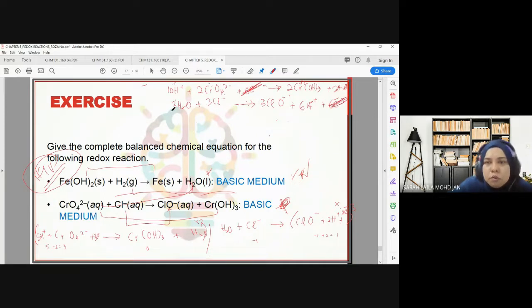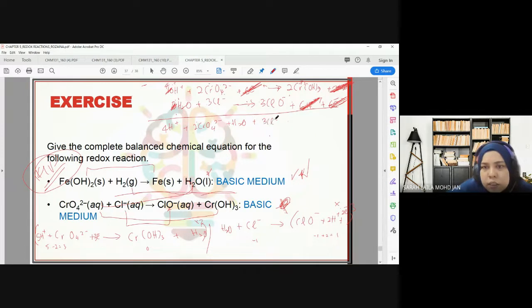Second is H2O. Sini 3, sini 2. So, yang lebih kecil ni buang. Ni tinggal 1 lah. And then H plus. Sini 6, sini 10. So, buang yang 6. 10 tolak 6 tinggal 4. So, jawapan akhir akan jadi 4H plus tambah 2 CrO4 2 negatif tambah H2O tambah